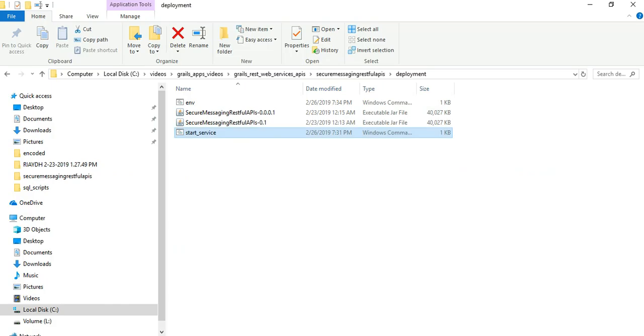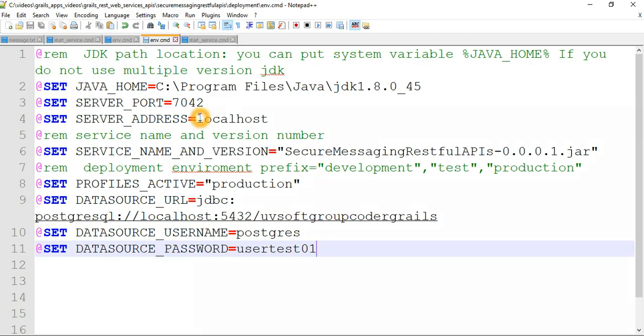Then these two files. So we open this file, the environment setting file, the start service file, here in Notepad. You have to define your Java location path, and then provide your server port, where you try to install your application, and then you have to look for which port